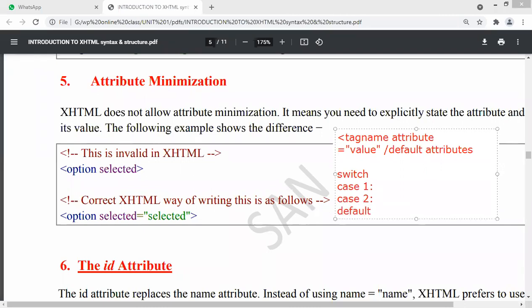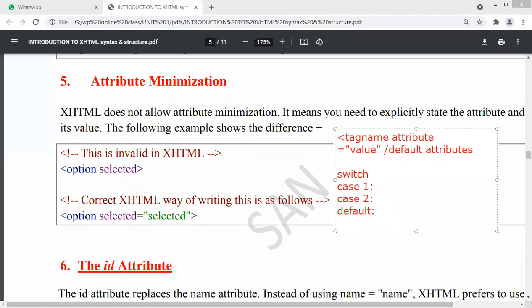If case 1 is not executed and case 2 is also not executed, it will go to default. Default is nothing but what gets executed when the value doesn't belong to case 1 and case 2.